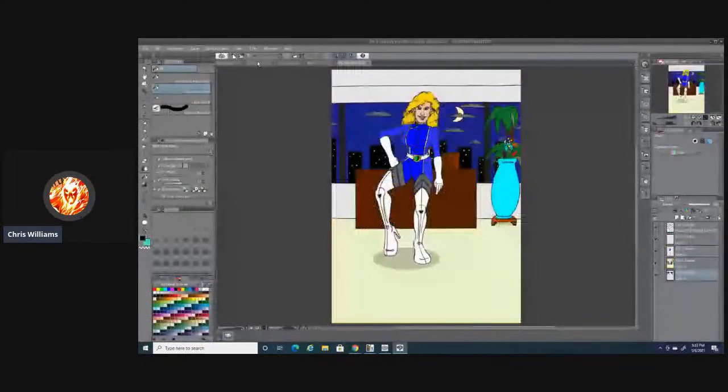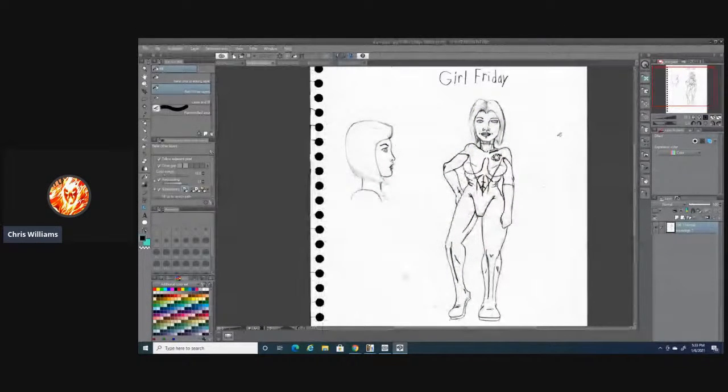All right, here we have Girl Friday. As I've explained in previous live streams, she's part of the Wild Rangers, the name of Buick Starpoon's team. She's his second in command, but she hates Buick Starpoon. She's no Girl Friday in the sense of the archetype, the kind of female character that follows along behind. No, she's put there by her superiors in the Space Forces to basically watch Buick Starpoon and the Wild Rangers